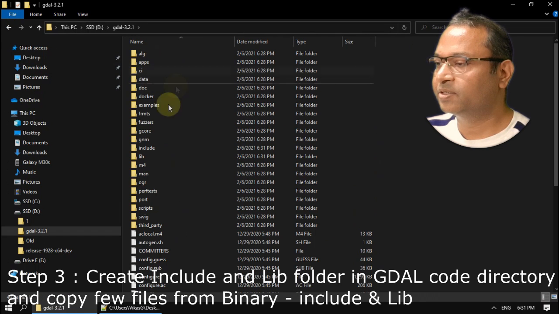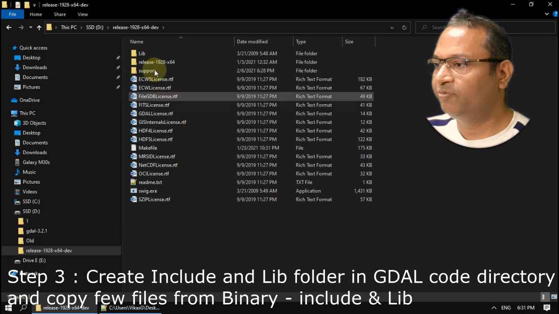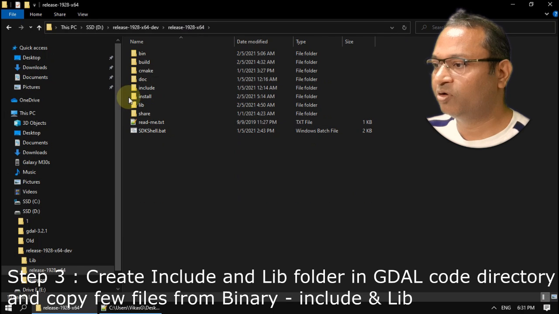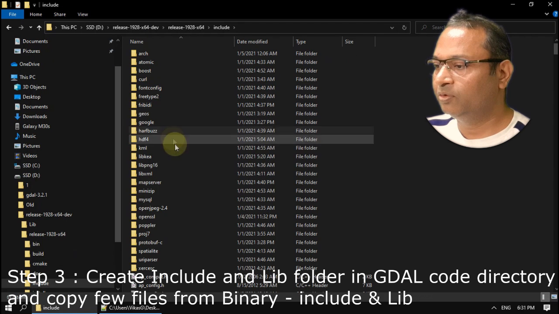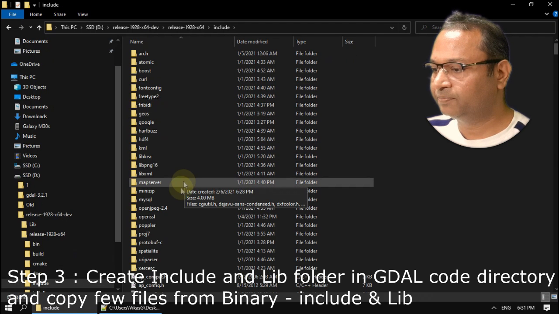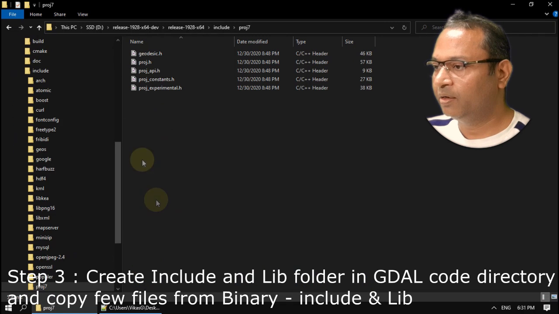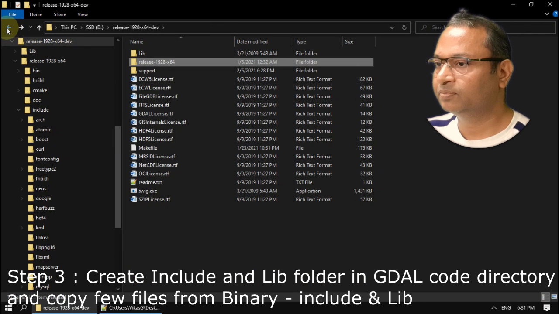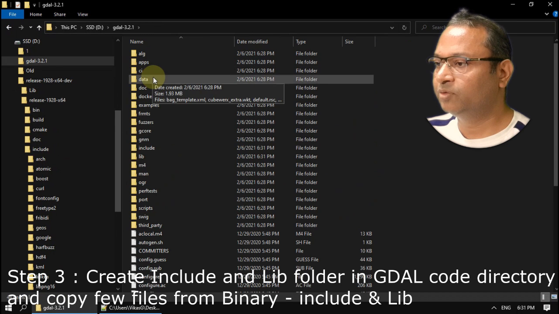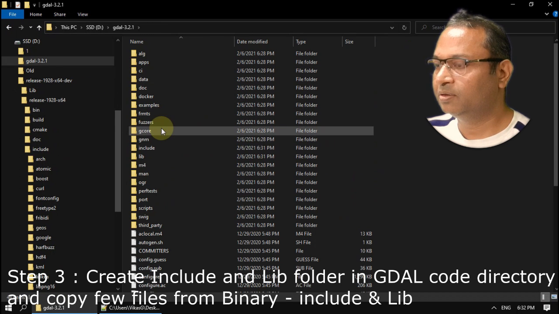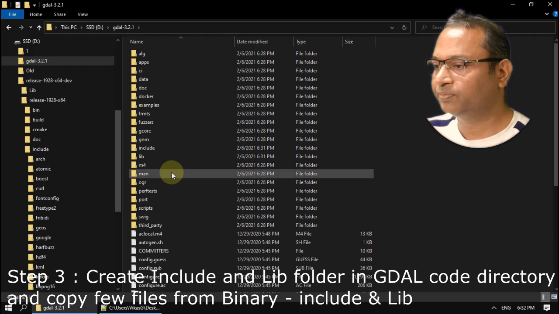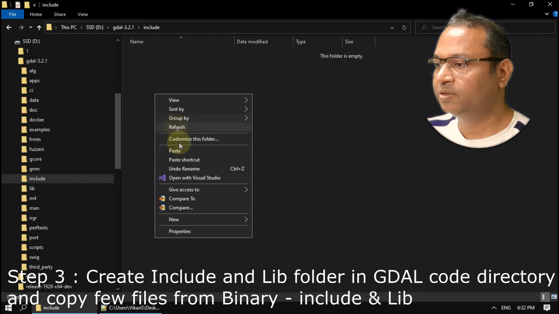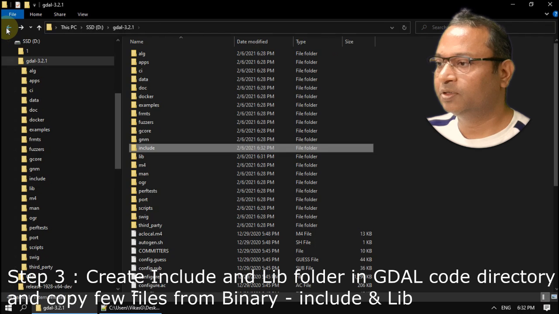And let's go back, and from the release folder, meaning from its binaries folder, go to its include folder and copy proj, the project files, to the GDAL code, into its include folder, right?